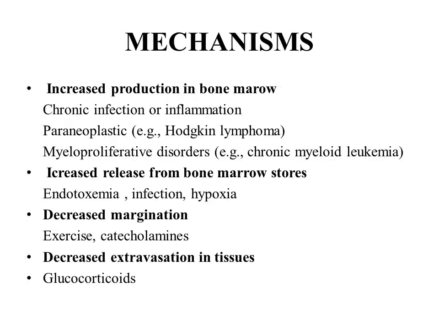Increased release from bone marrow stores. Bone marrow storage pool, due to different conditions, more neutrophils, more white cells may be leaving the storage pool coming to the peripheral blood. The condition may be endotoxemia, some infection, or maybe some hypoxia. These conditions may lead to increased release of the white cells from the storage pool into the peripheral blood.